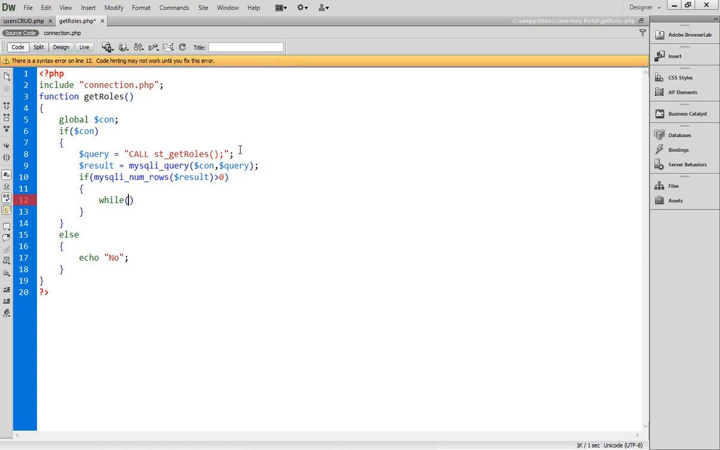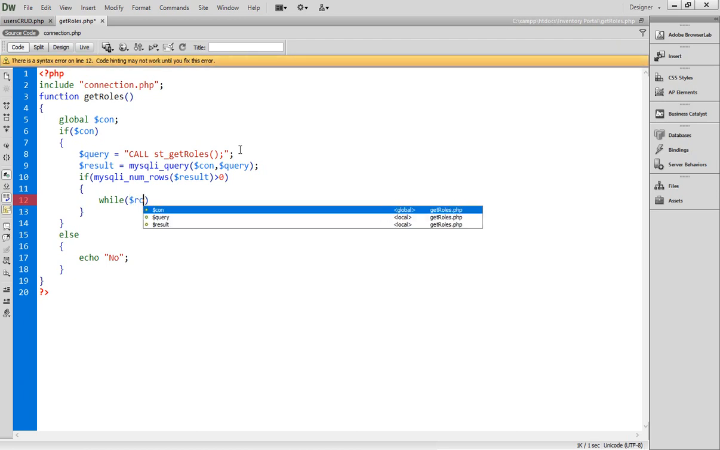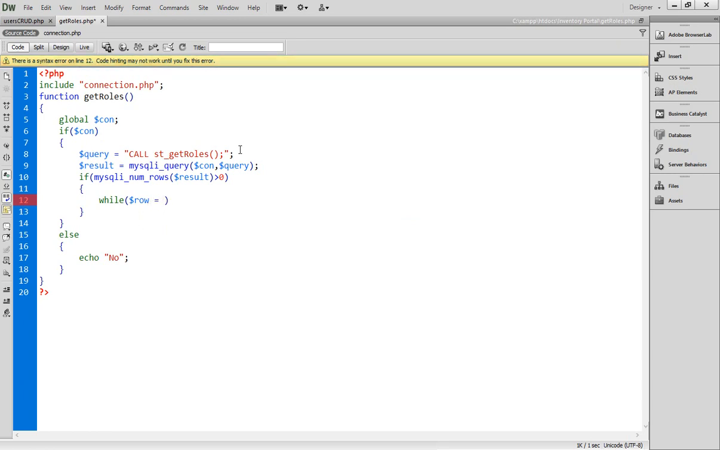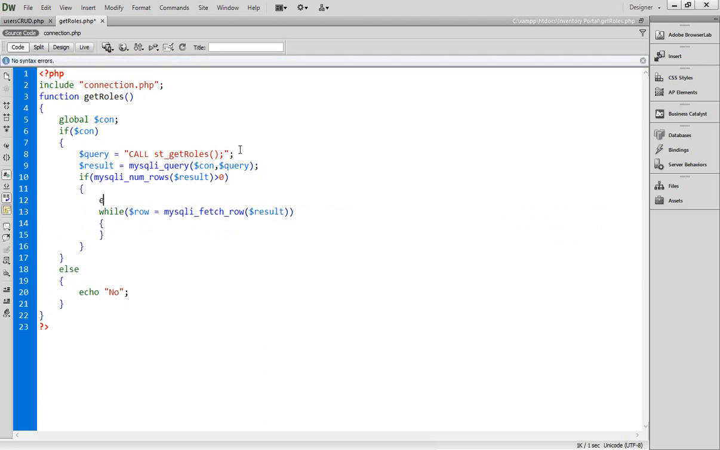let's add one thing, that is $raw equals mysqli_fetch_raw, and now here you have to pass your result again. So what will happen with this function? One by one raw will be picked up and stored inside raw, and then we'll access that. Now here let's apply an echo tag and give here select